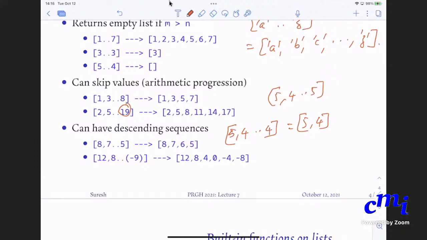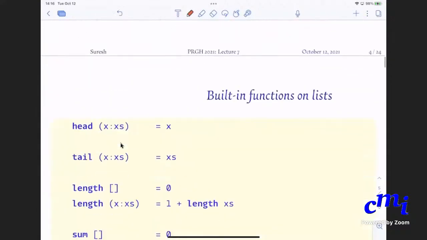It returns 5. It says you cannot go down and then reach 5. If you go 5, 4, then you only keep going down. You cannot reach 5 when you do this. So it returns just the value 5. Not that you would use such a thing that often. You would instead just say the list 5 or 5 dot dot 5. But anyway, good to know.